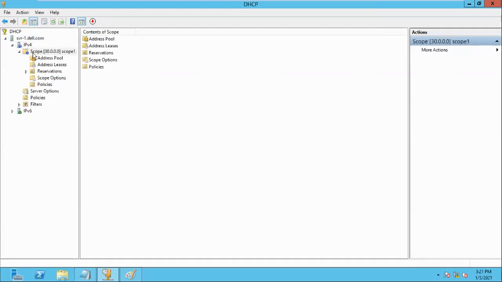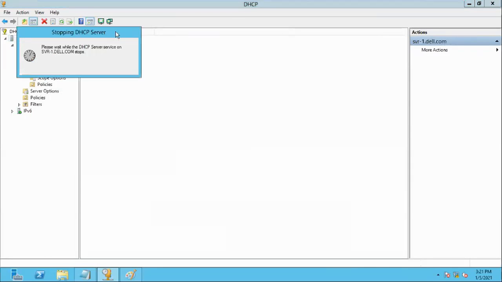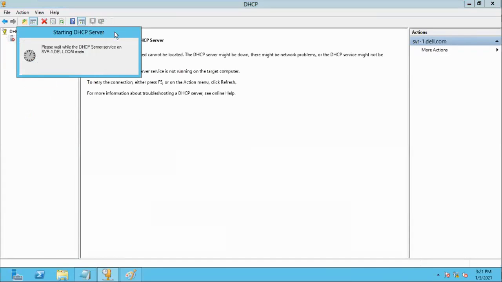You see the blue mark, so to remove this one, just right click on the DHCP server, all tasks, and restart service. You restart the service, and the DHCP service is refreshed.